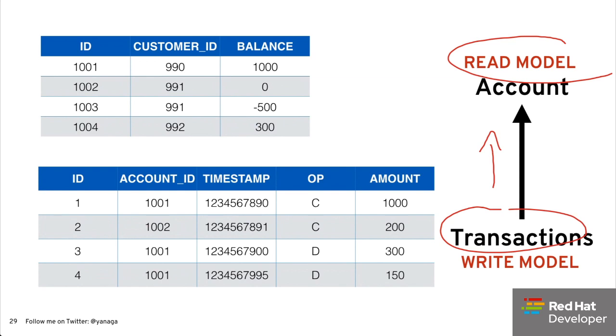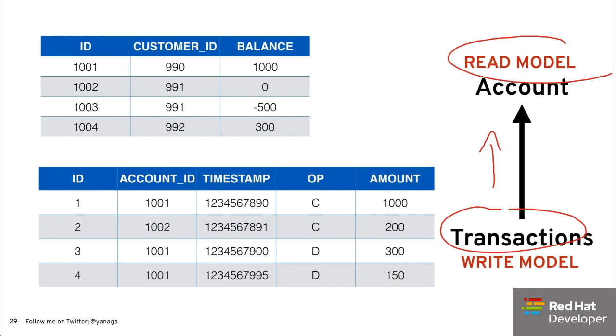And I'm using a very specific model here because the credit and debit operations are a very special case of event sourcing. But if you're using something simpler, for example, if you're just using a customer entity or an order entity, you could create events like customer created, customer updated, or customer deleted, which is a much more common